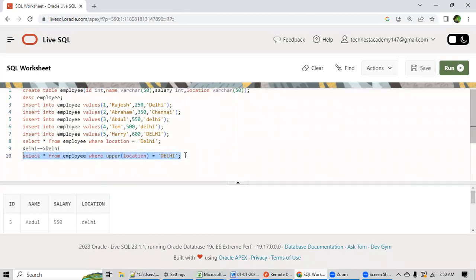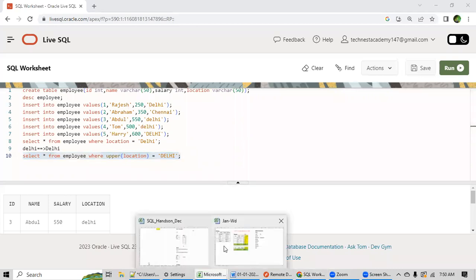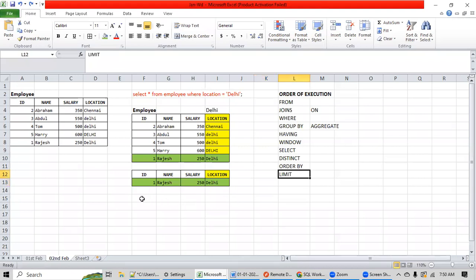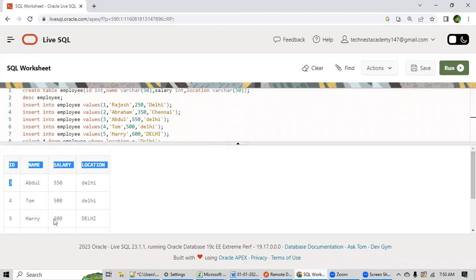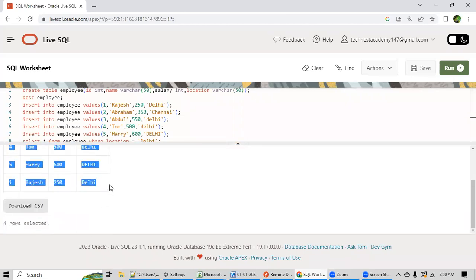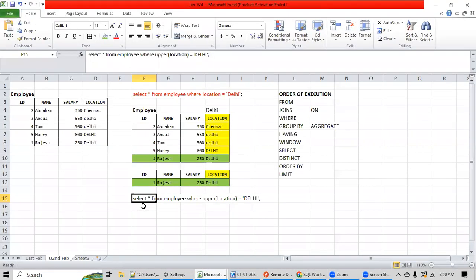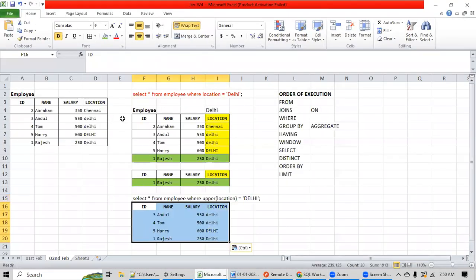Yes. Okay. So I have written this query and this is the output. I have displayed this output.